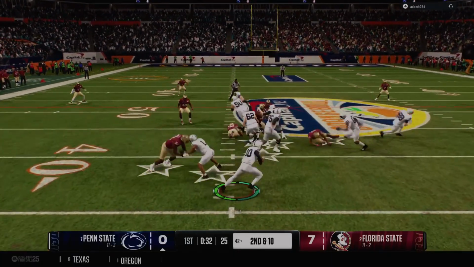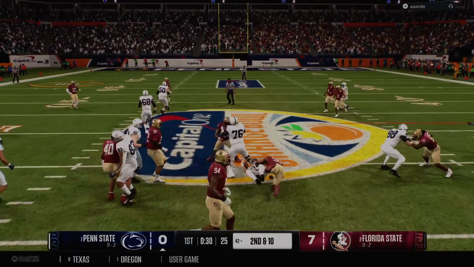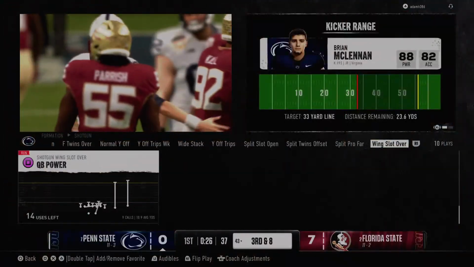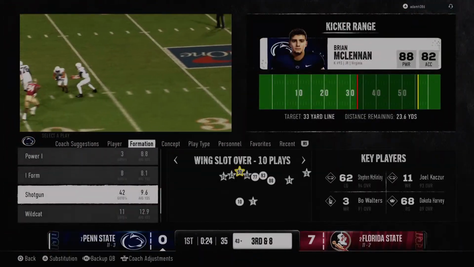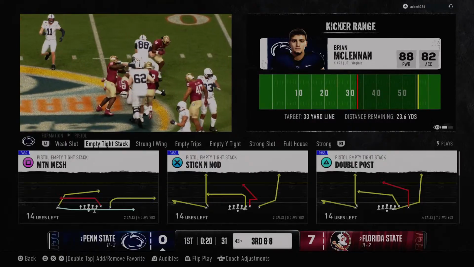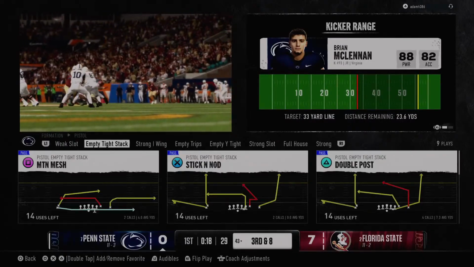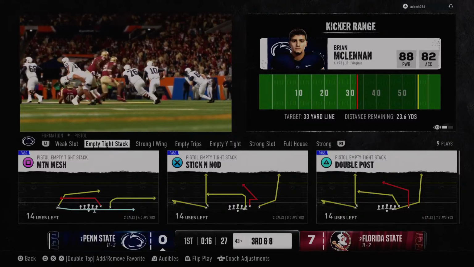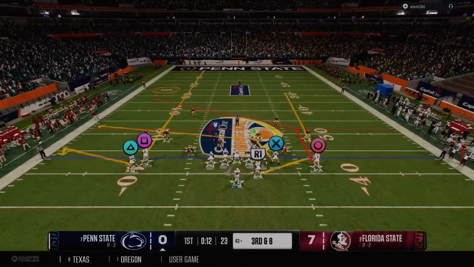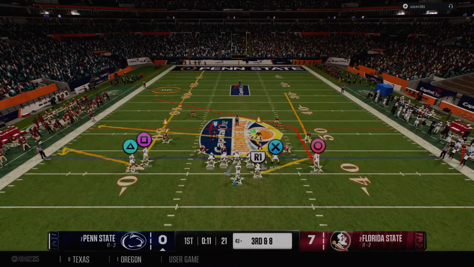That's a designed quarterback keeper. But a quick stop by the defense. Gain just 2, so it's 3rd and 8. Offense comes up to the line. They might have a chance for a couple more plays before the quarter expires.